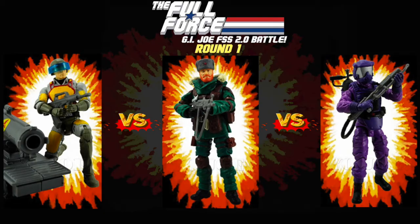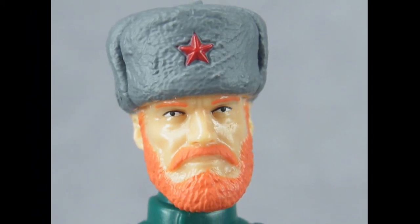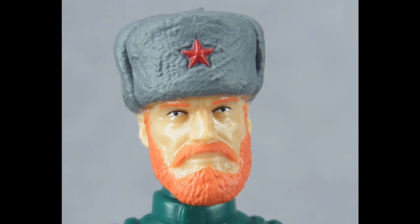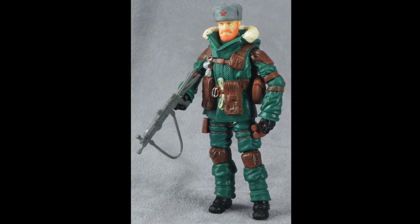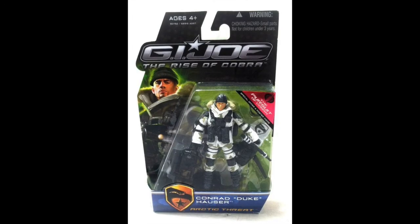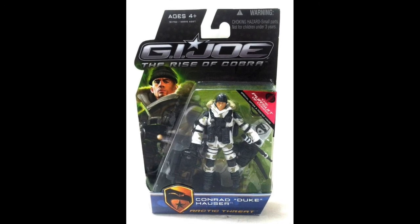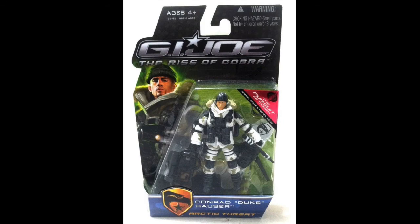His head sculpt is really excellent. They did a great job sculpting that head as well. And unlike Keel Hall, the rest of the body sculpt kind of retains the same level of detail as the head sculpt did. Arctic Duke feels like another one of those figures that was mostly desirable because of its rarity. In execution, the